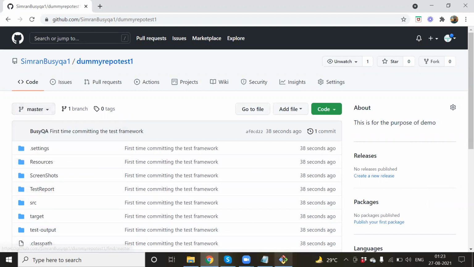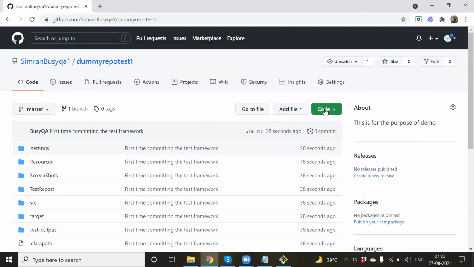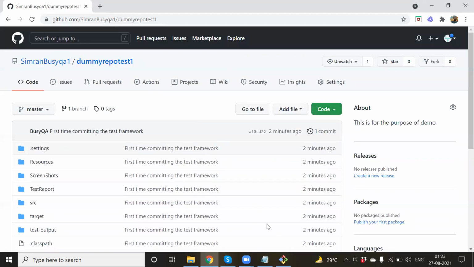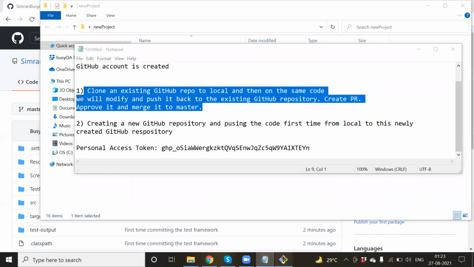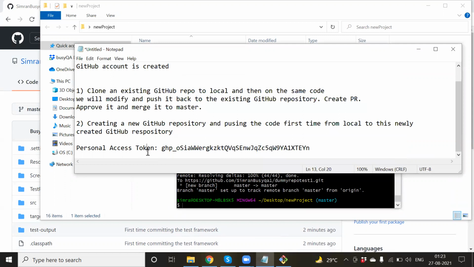Now we have come back to that same scenario where we can just clone this back. Okay, we can do the cloning also. We can even download the zip file also. That is also very possible. And the thing is, I already have this code in my local also, because for the first scenario maybe I was not having the master branch in my local, but right now I have just pushed the master branch from my local system.